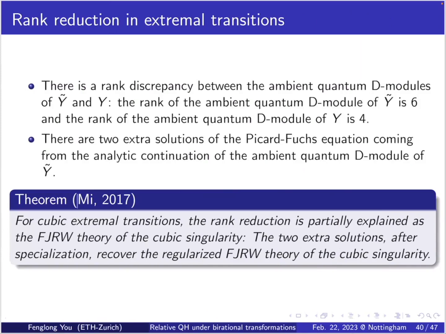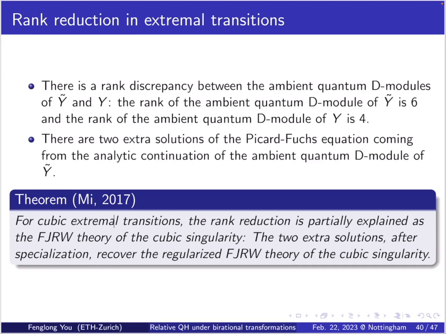And the result of Shoemaker says that the rank reduction can be explained as the Fan-Jarvis-Ruan-Witten theory of the cubic singularity. But I'm not going to talk about the definition of this FJRW theory, but this definition also constructs a moduli space and studies the intersection theory of that. It's called quantum singularity theory. And the two extra solutions after specialization recover the regularized FJRW theory of the cubic singularity, which makes sense because